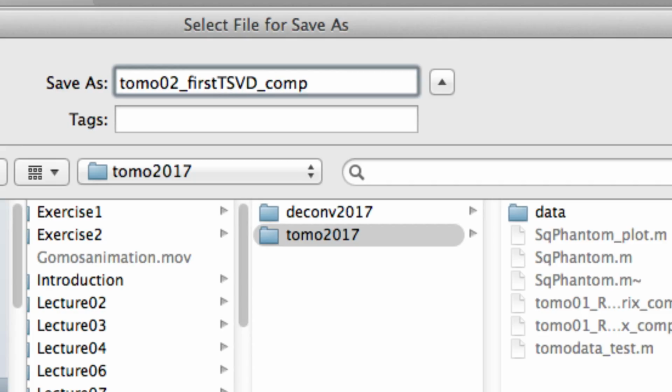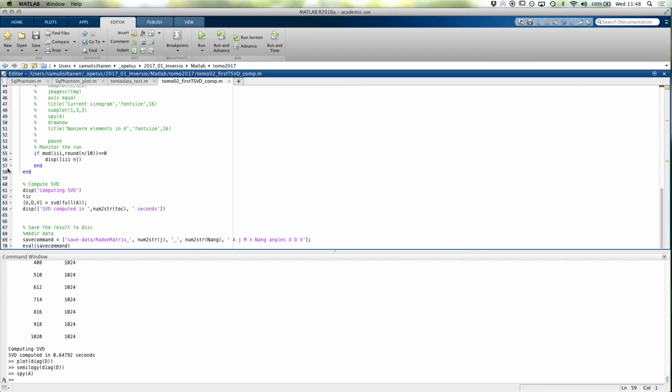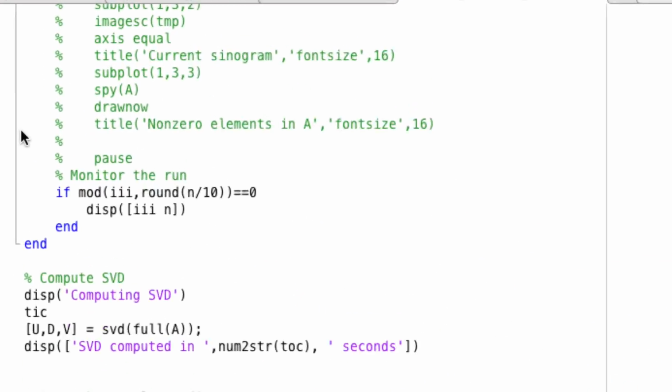I'm saying first because we are committing inverse crime here, so that's why first. We will do a better one later. But let's save that and start by